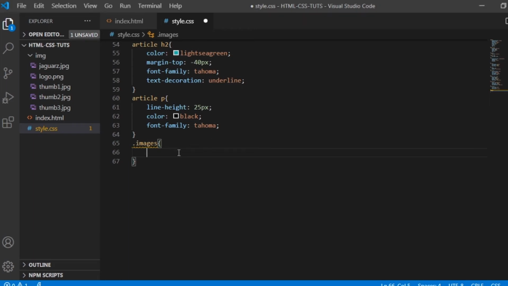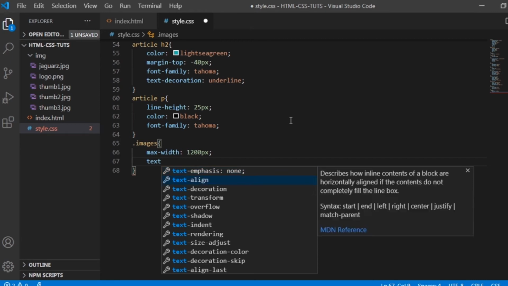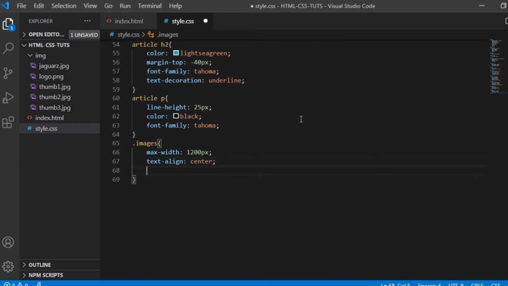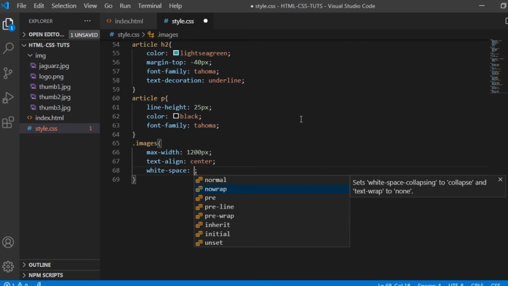Okay, so let's say for example max width is 1200 pixels, and let's align, text align. So if there will be a text, then we will be aligning it center. If there will be caption, center. And then white space, no wrap.